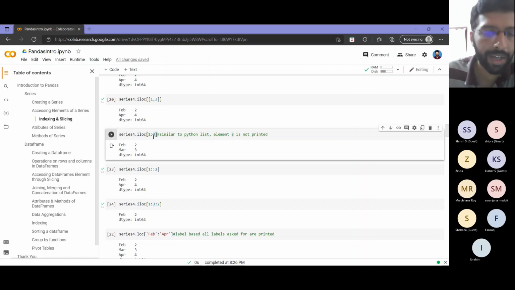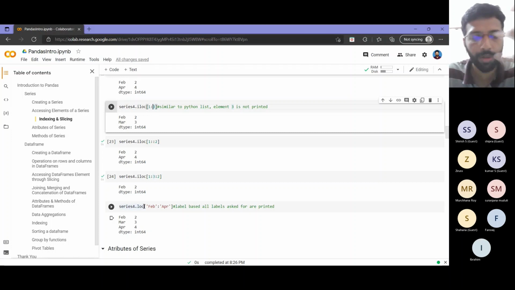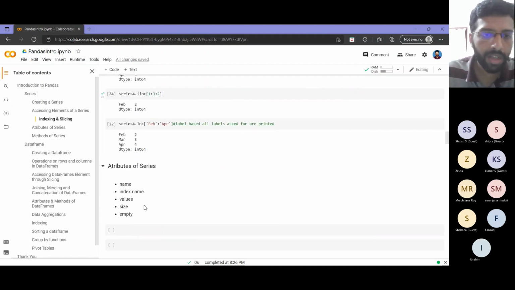So compare and contrast iloc with normal Python list accessing. And label based indexing is a fully new thing, where whatever label you give will get printed. That is the second thing you should keep in mind, because at this point also you can expect one or two questions in whatever MCQ exams you give for Python and Pandas in particular.